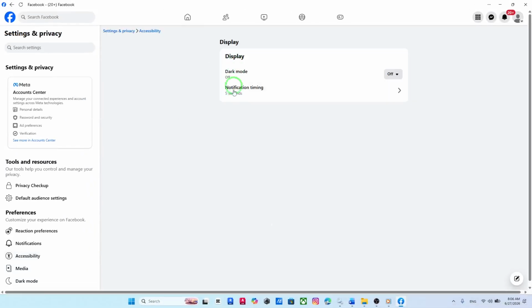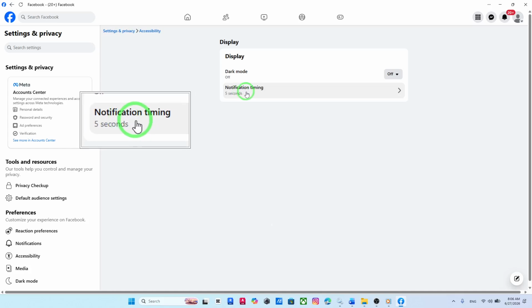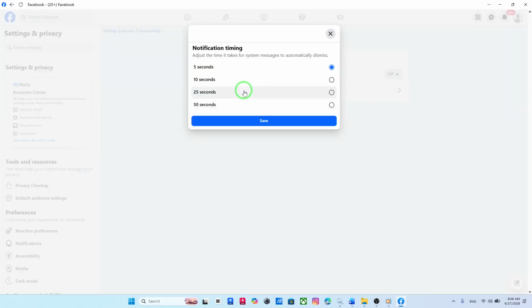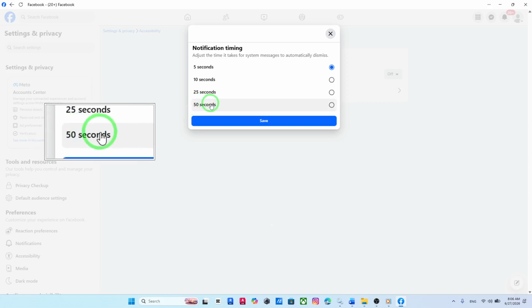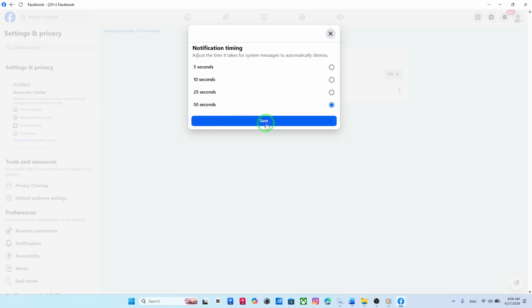Look for the option called Notifications Timing. Once you find it, click on it. You'll see different timing options available. Go ahead and select 50 seconds. This means your notifications will now stay on the screen longer, giving you more time to read and interact with them without feeling rushed. After selecting 50 seconds, don't forget to click on Save to apply the changes, and that's